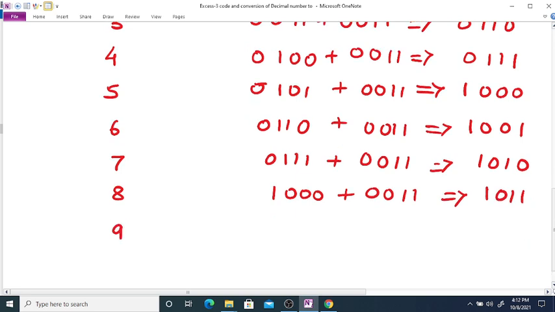And finally, for 9, 1001 plus 0011, we will get 1100.